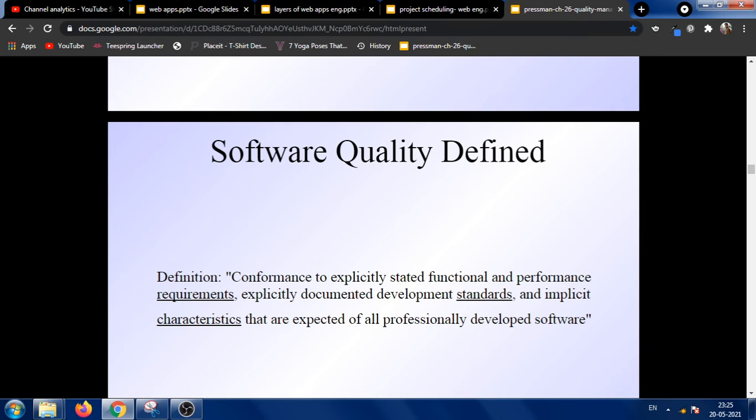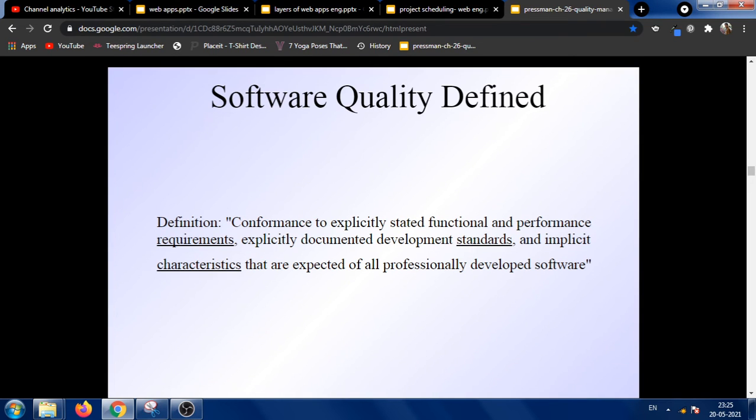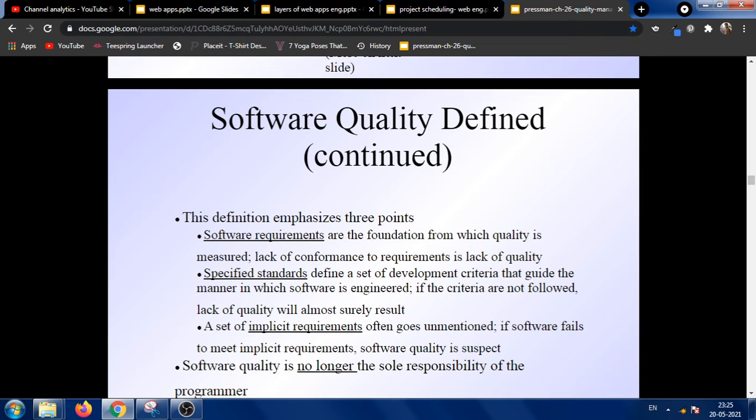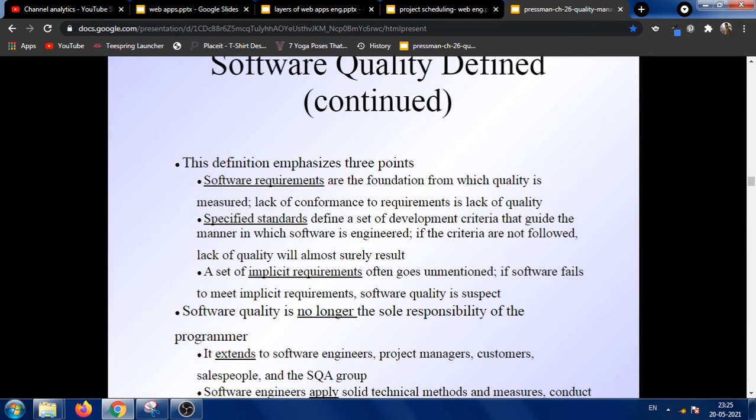The functional requirement is how far the software is going to function based upon the necessity of the user requirements, and how much it is going to perform, that is, that it is going to perform in a better way. Performance is all about how good the quality of the work being done is. This definition emphasizes three points: the software requirements which are needed, and the specific standards based on which we are checking our software quality, and also the